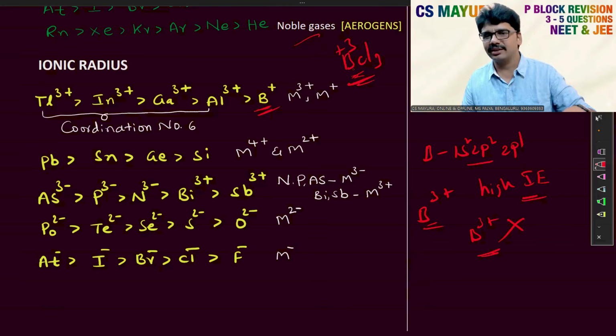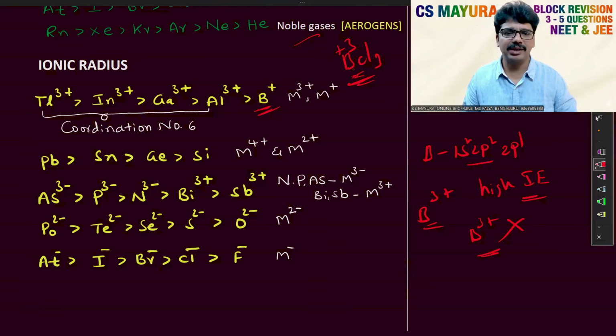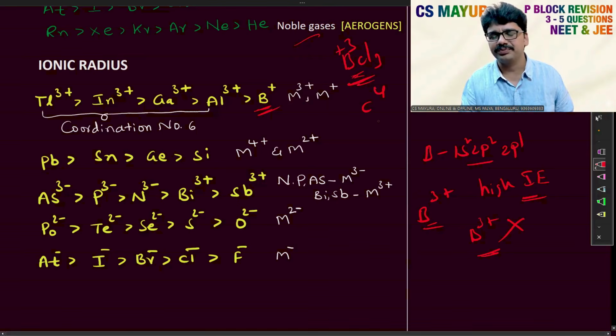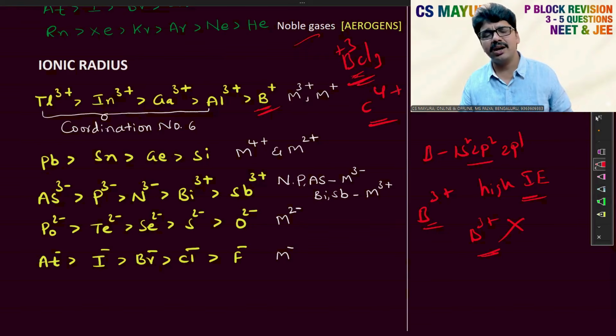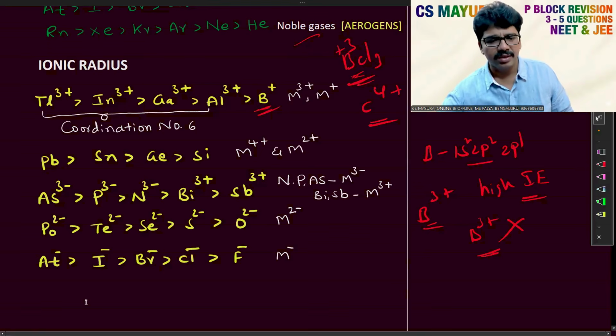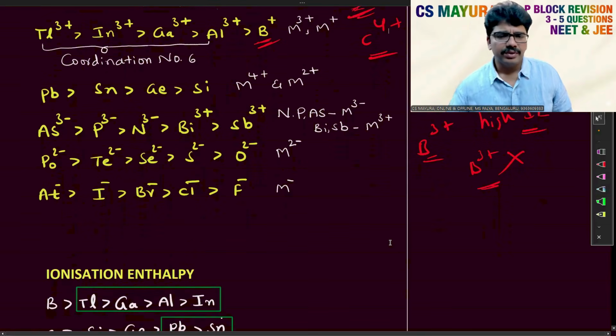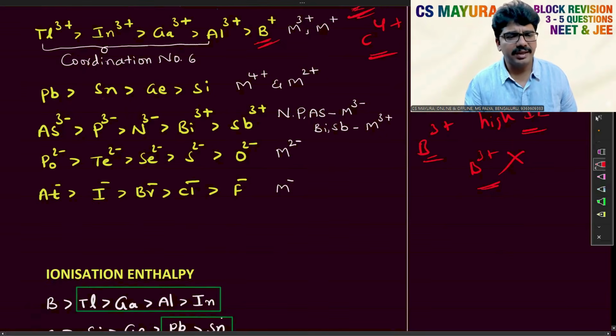So the B3+ ion does not exist. Why? The sum of the first, second, third ionization enthalpy values is very high. So B3+ does not exist. The same concept is applicable for C4+ also. Removal of 4 electrons from carbon is very difficult. Its ionization enthalpy is very high. C4+ does not exist. But there are so many covalent compounds with +4 oxidation state. That's a different case. Now here, silicon, germanium, tin, lead in +4 state, +2 state, there is